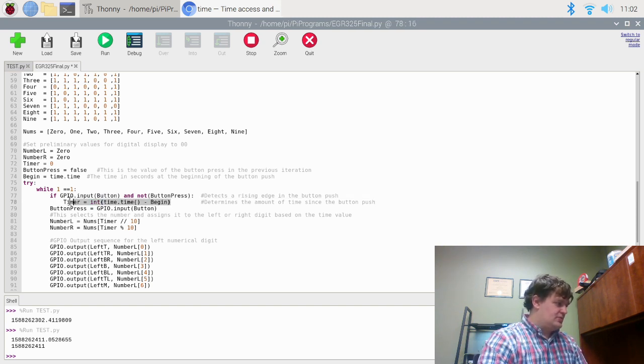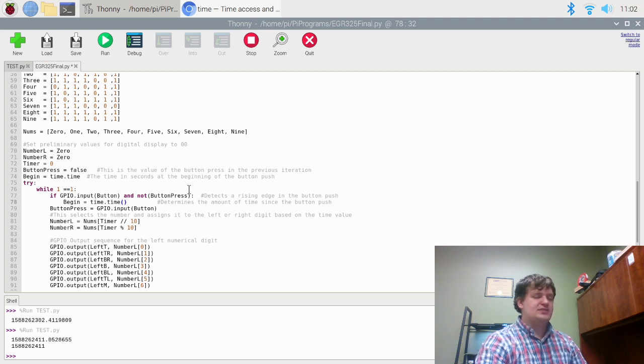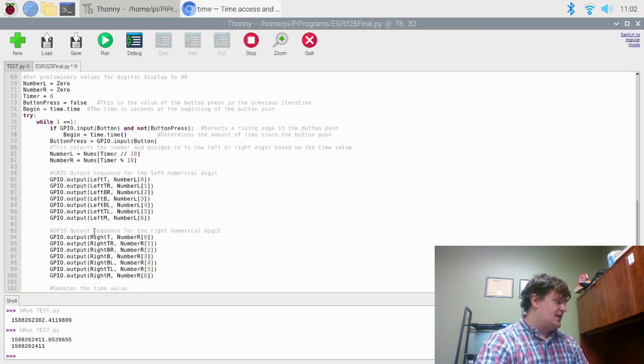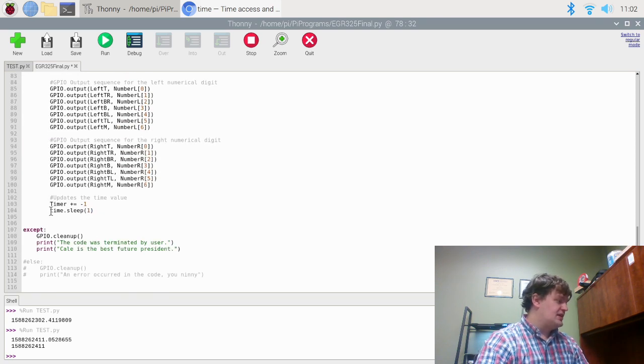Although I really don't want this to be here, I want this to be begin equals time.time. So it'll just reset. If it detects a rising button push, it resets begin to the current time value. Okay, and then down here when we update timer,